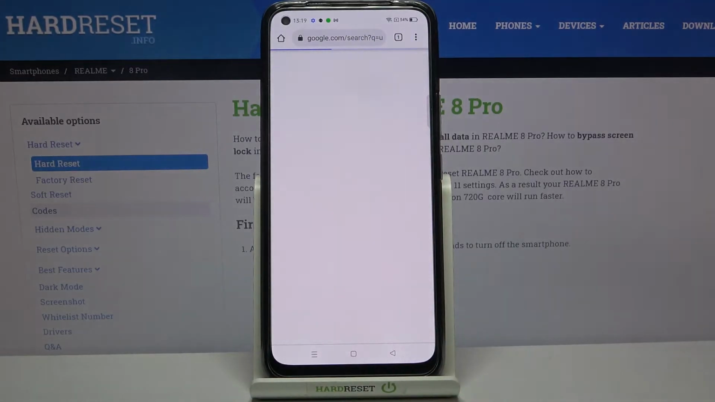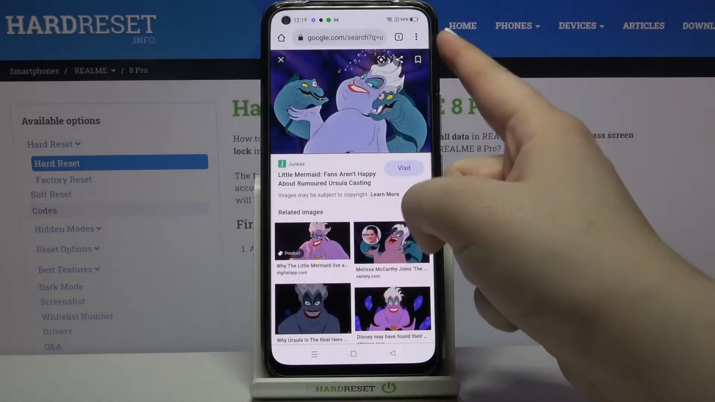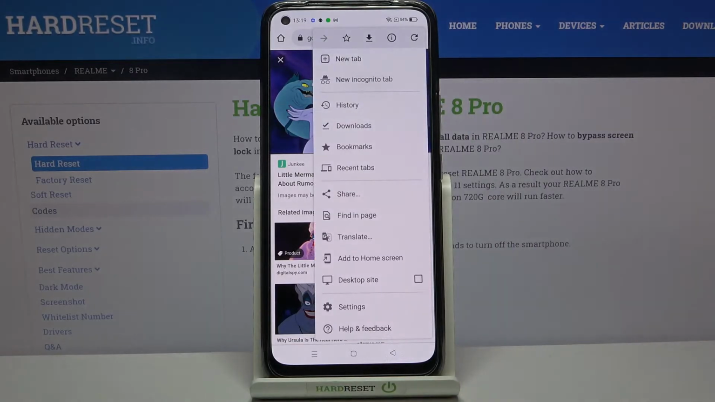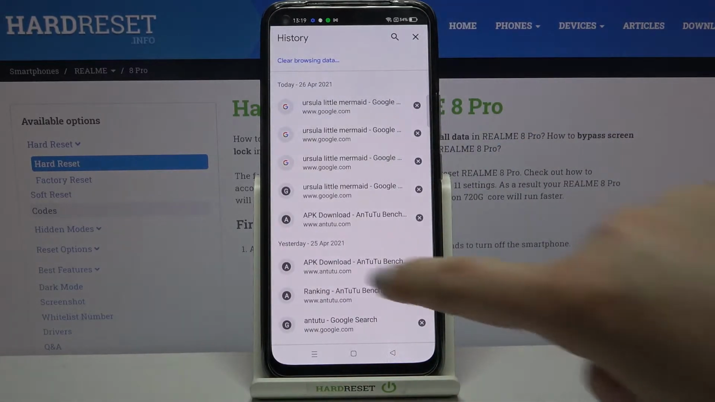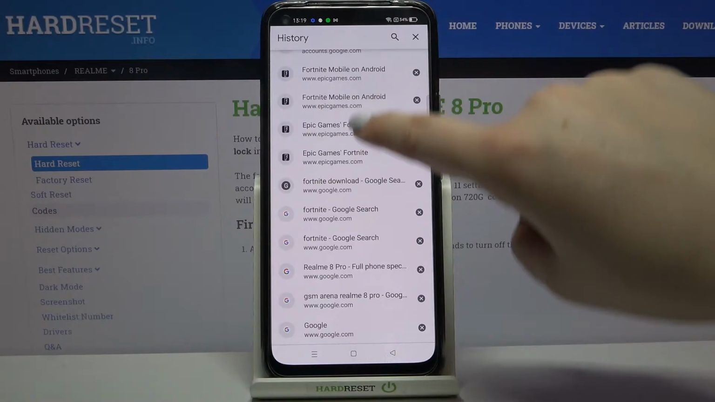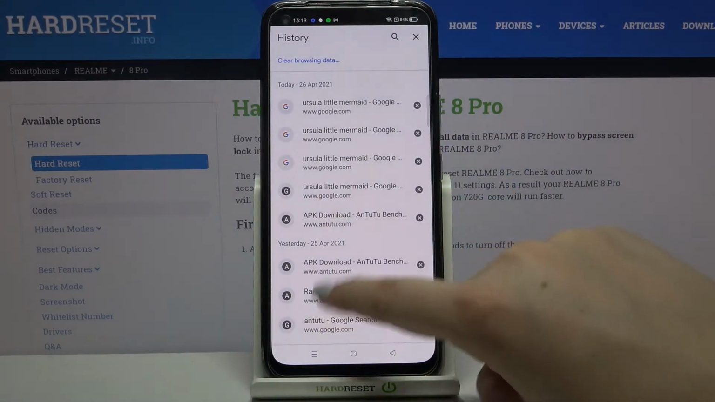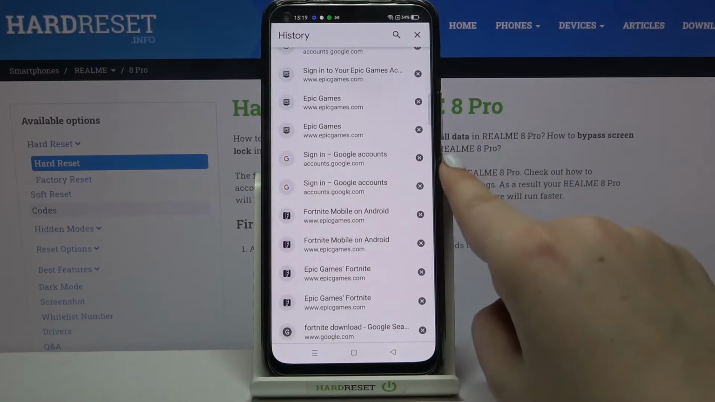so let's tap on it, and here we have to tap on this three dots icon in the right upper corner. Now we have to tap on the history, and as you can see here we've got the list of previously visited websites. If you'd like to remove only one of it, just tap on this X button right next